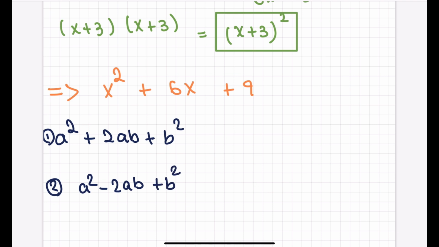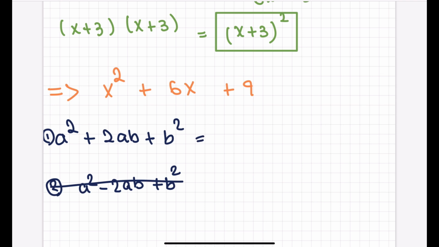When you take a look, you can see all in the question I have all positive. And here I have all positive. So I'm going to use this one. I'm not going to use the second one. So I'm going to just scratch this one out. And I know the answer for the